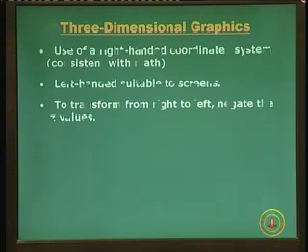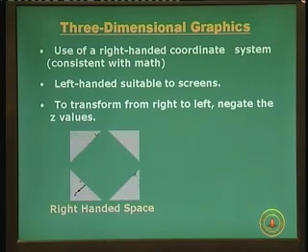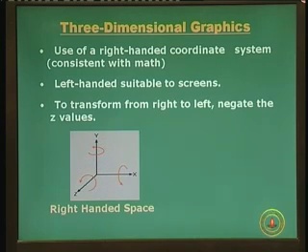So, on the screen, we first look into three-dimensional graphics and we talk of a coordinate system. We usually use a right-handed coordinate system, as you can see in the math. It is called a right-handed coordinate system because you can open three fingers of your right hand, the thumb, the index finger and the middle finger, in orthogonal directions, and each will represent x, y and z respectively. As you see on the screen, similarly you can do this with your three fingers, and that is what gives you a right-handed coordinate system.